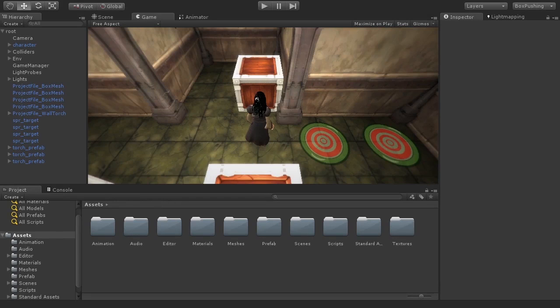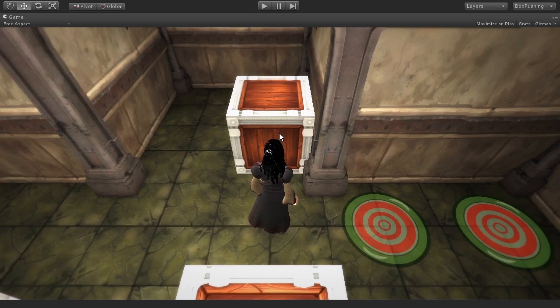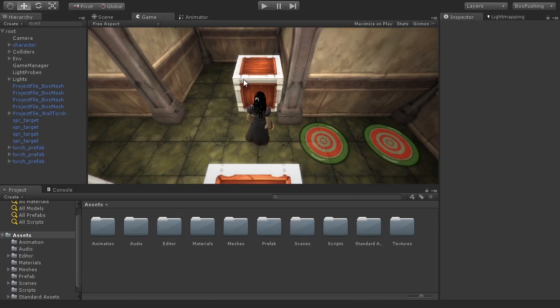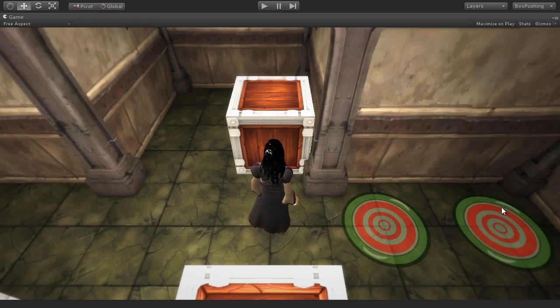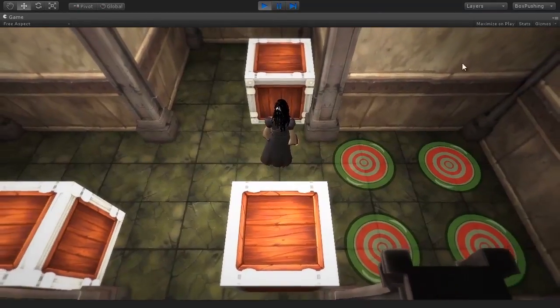Now, one common task that you may want to do when testing your games is that you want to test to see how it looks on different resolutions and aspect ratios. And there's a really easy way that you can do that if you come over here to the Game tab. You will see that by default the Game tab here is listed as free aspect, which means that if I press spacebar to maximize this view or I minimize it, you can see that the view always expands to fill whatever size the screen might be, so that when I play the game, it will play it at this screen